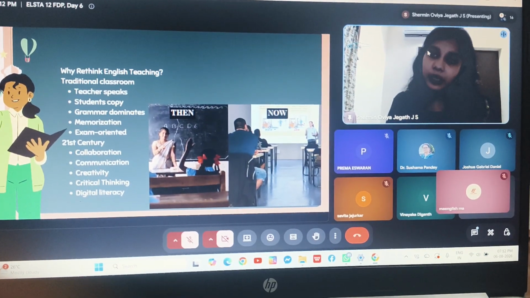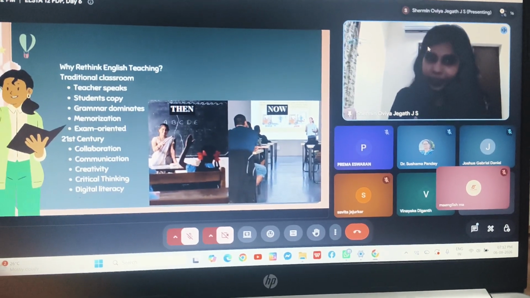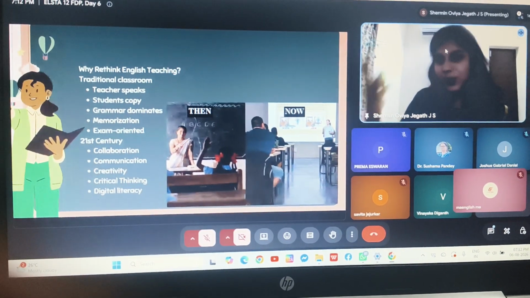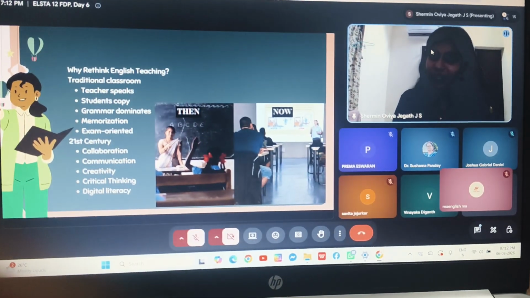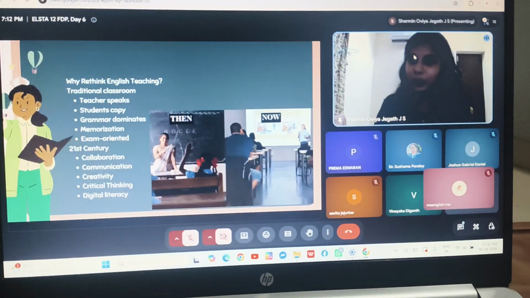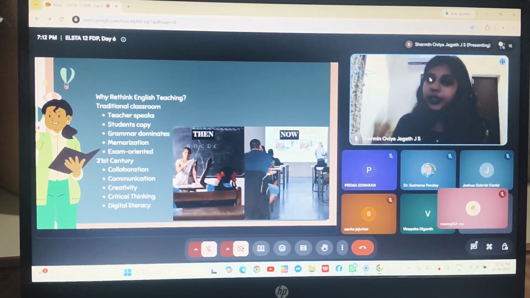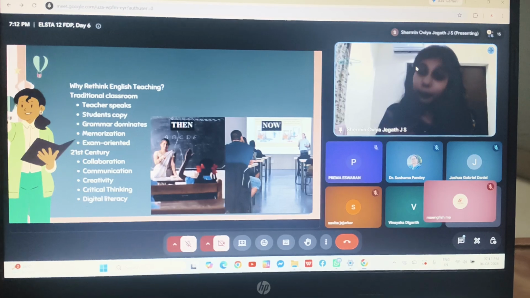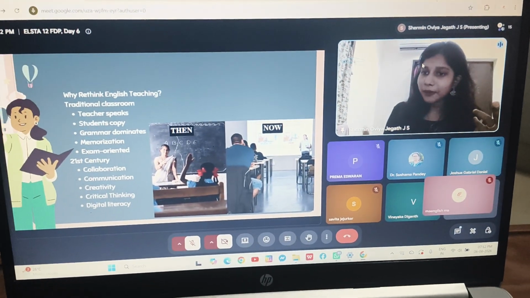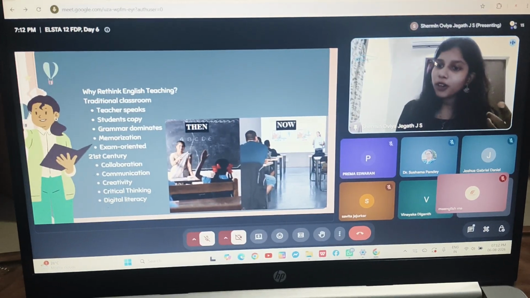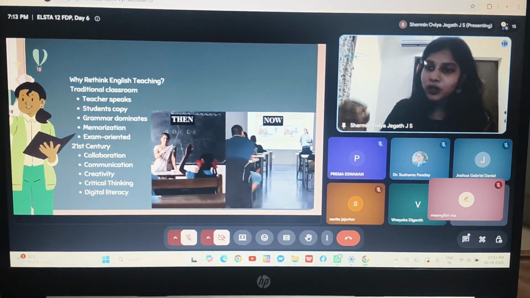But in the 21st century, the education system is evolving, which involves collaboration. I think NEP and UGC are also demanding this from all the professors through collaboration. How far are we collaborating with the students, with AI, with digital technology to incorporate education? How important communication is, because I hope all the colleges might have value-added courses, or we might introduce a paper called General English, where we focus on